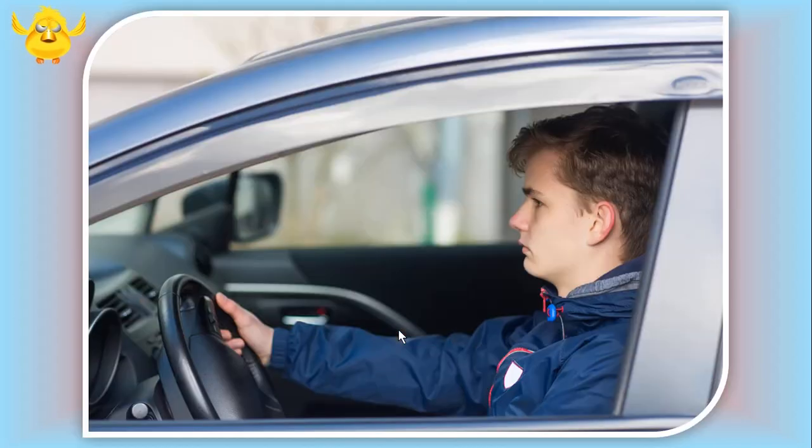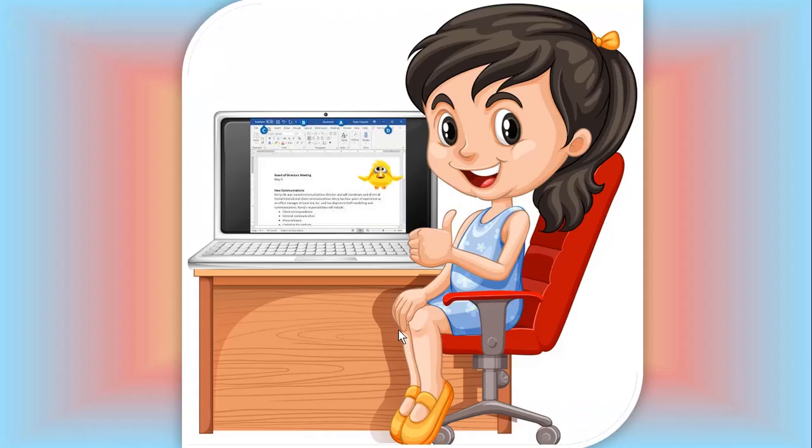To run a car, we need a driver. Without driver, the car cannot move. Same way, computer also needs some instructions to work. Without instructions, a computer cannot work, and these set of instructions are called software.